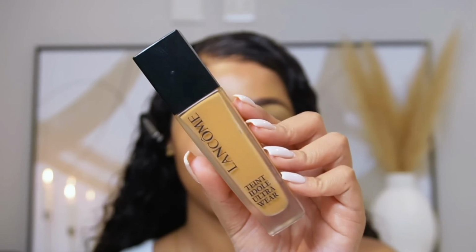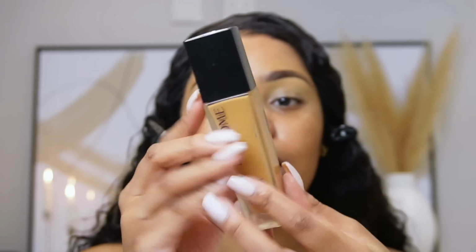You guys, sensational. The shade match is sensational. The formula is sensational. It blends so well with the rest of my products. It is not too cakey. It's also transfer free, so when you hug people at the party, you're not leaving makeup on people's boyfriends' t-shirts. Please, don't get the man in trouble when he gets home. I am the shade